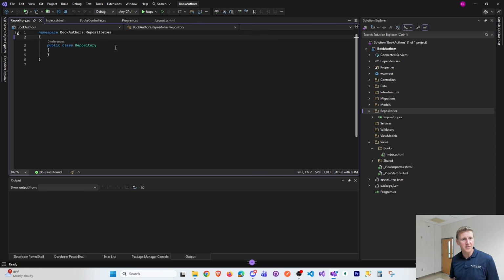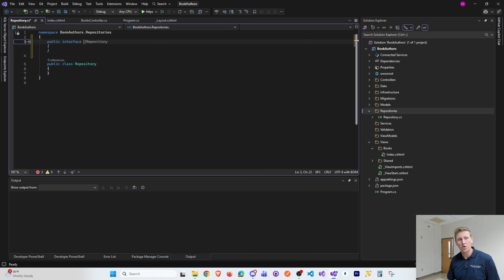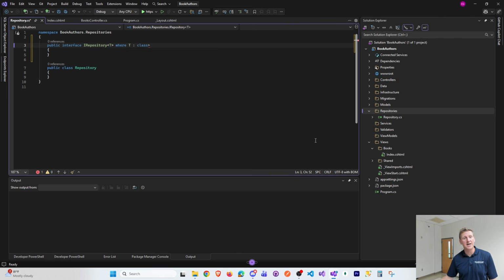And above the class, we can put a public interface called IRepository. Now this is going to be a generic, so type of T, where T is a class. So you can have a repository of book, you can have a repository of author. Okay, now keep in mind this IRepository is going to